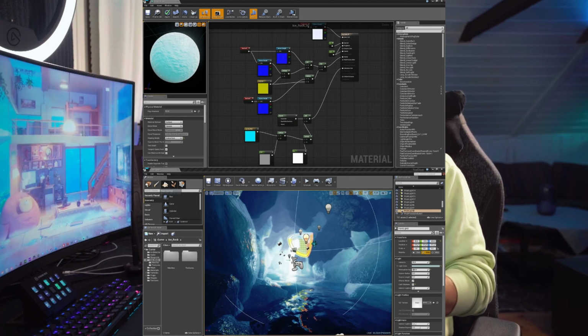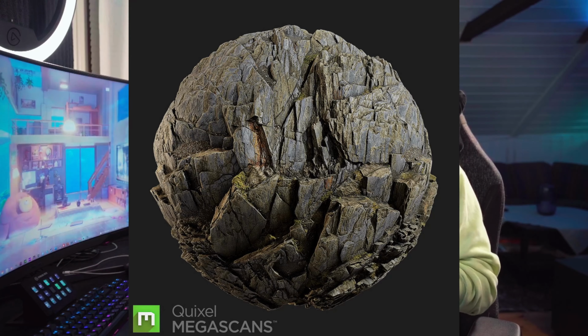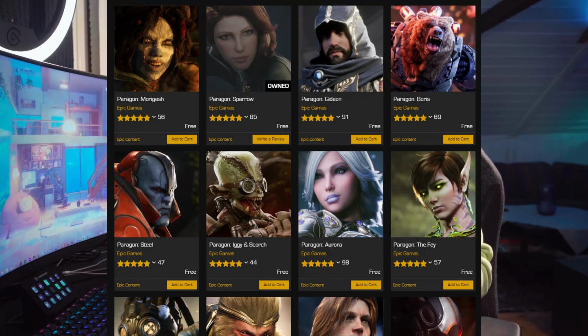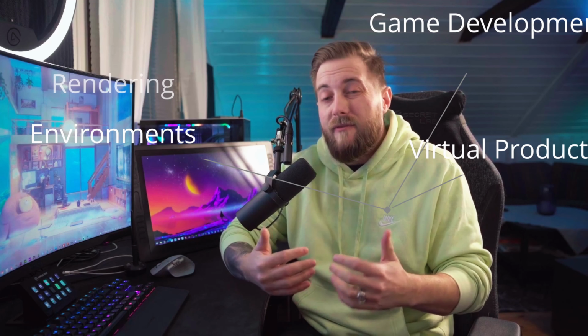Since you can't actually make 3D models inside of Unreal, you need to know these other softwares. That doesn't mean you only can use your own models. Epic Games also has a huge library of everything you would want to create a game, from stone assets and grass to characters and ready-made blueprints to create games with. It's absolutely not necessary to dive into Unreal to learn 3D, but if you want to make games, huge environments, virtual production, or just want a fast renderer to showcase your models, then Unreal is an absolutely amazing software.